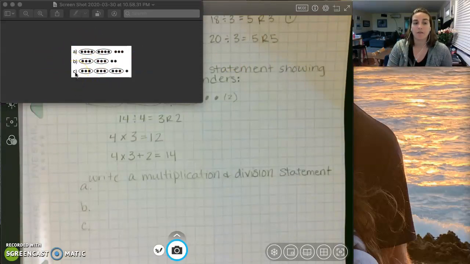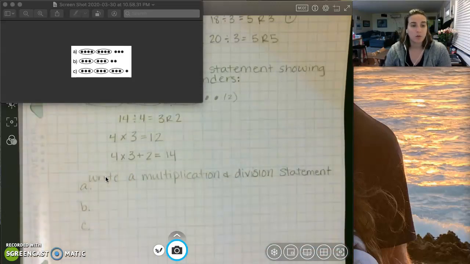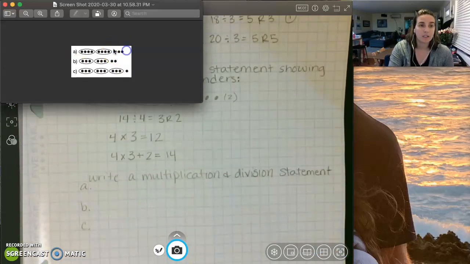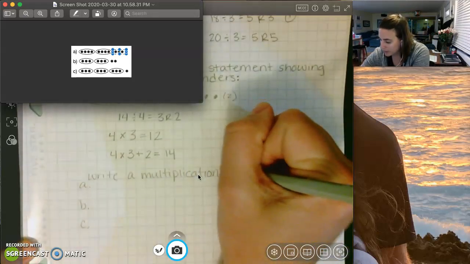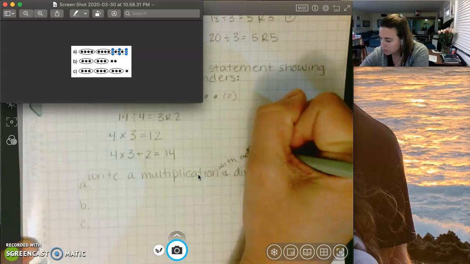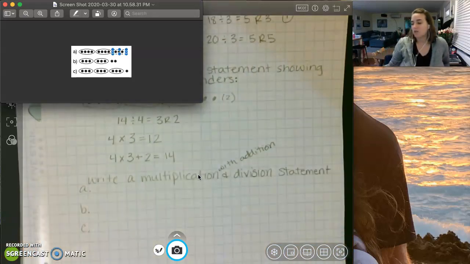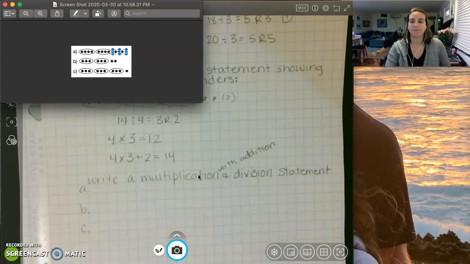And go ahead and hit pause on the video. I do want you to definitely make sure that you're doing this one in your notebook. Remember that when you're doing multiplication, you are going to have some addition because you have these dots that are left over. So don't forget to add in the addition portion of that. Multiplication with addition. Okay, so write a multiplication with addition and a division statement. So go ahead and pause the video really quickly and do that for A, B, and C. I'm actually going to stop this video while you do that, and I'm going to jump back in with another